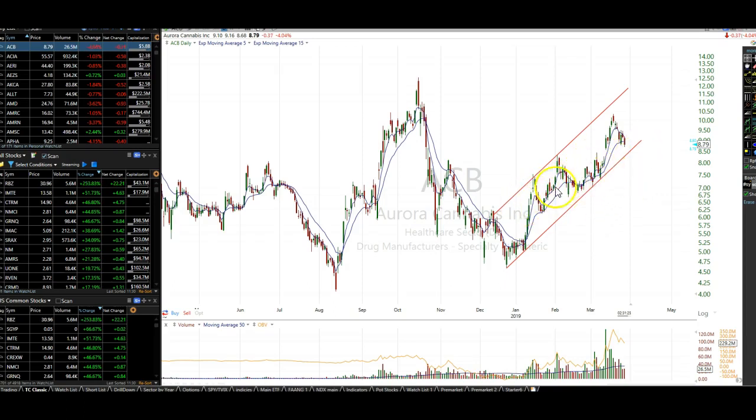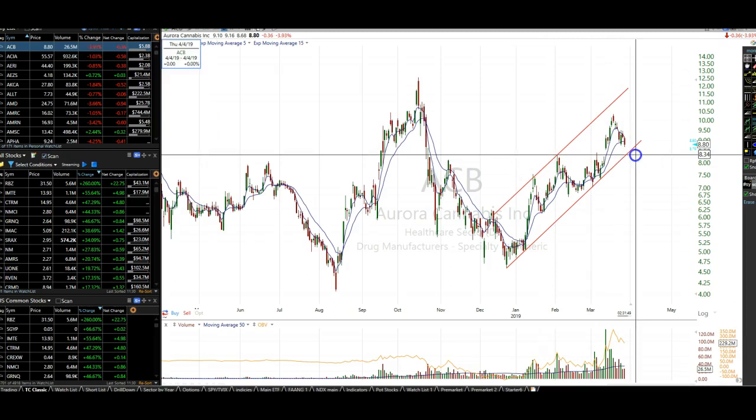So what I do then is I pull up the chart and I look at it and I say, okay, is this a trade or do we just reset the alert? Same with trading the upside. If it came up to the top here and broke out of it or hit this alert, then I'd pull up a chart and I'd say, okay, is this ready to trade or do I just set the alert? So for instance, on the ACB here,